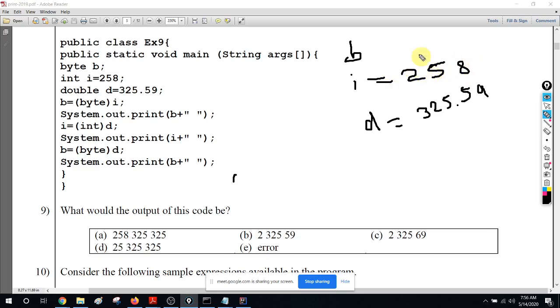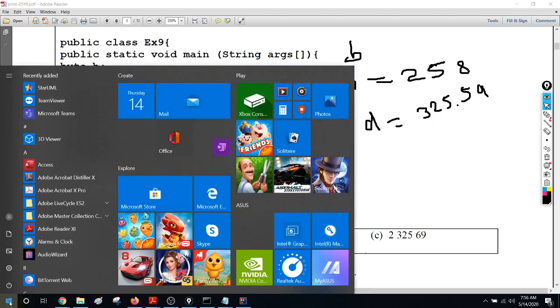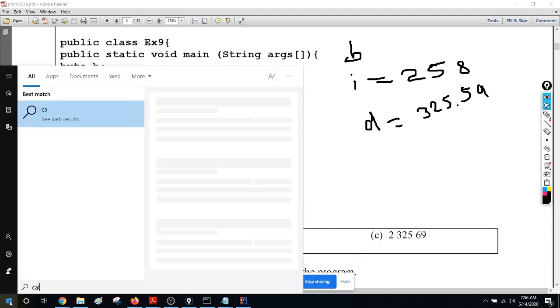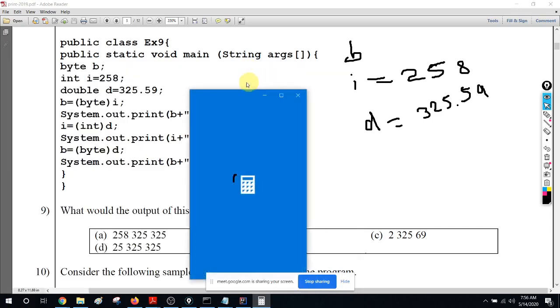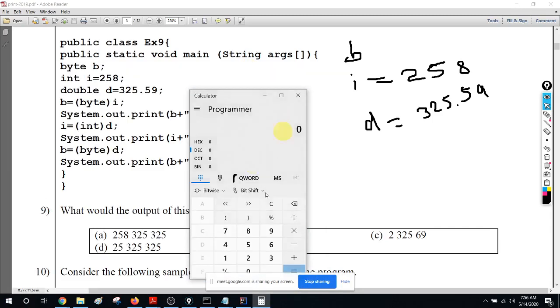Now you have to convert this to base 2. Because I want to do it fast, I am going to use the calculator. You have to do it manually, you have to just keep dividing by 2. So I am using the programmer mode with 258.